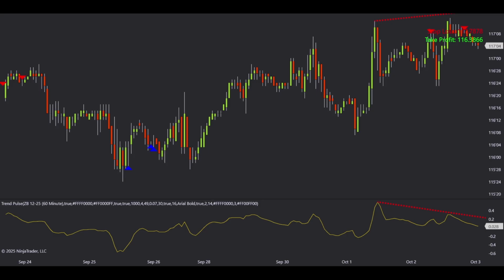In this video, we're going to go over the trend pulse indicator. Here we are on the Treasury bond hourly chart. And what this indicator does, as the name suggests, is account for how trends move. They are not just one straight line,